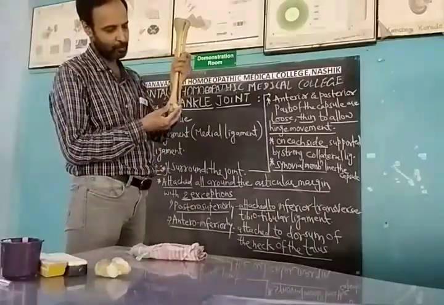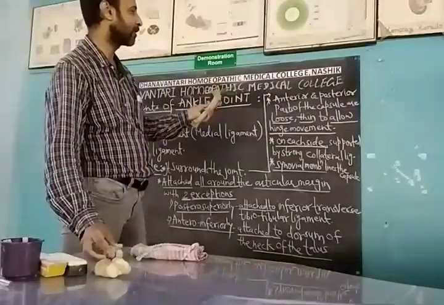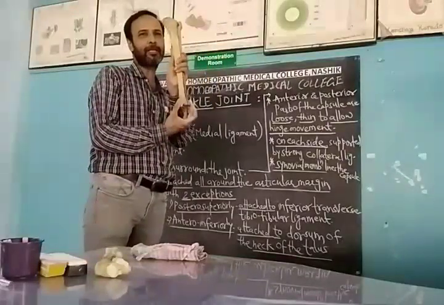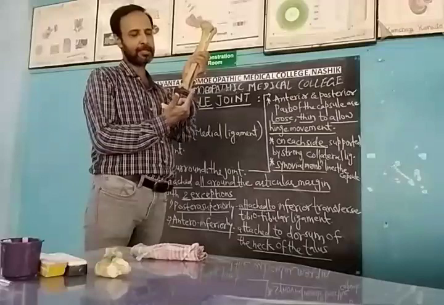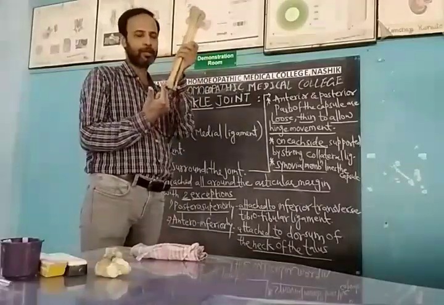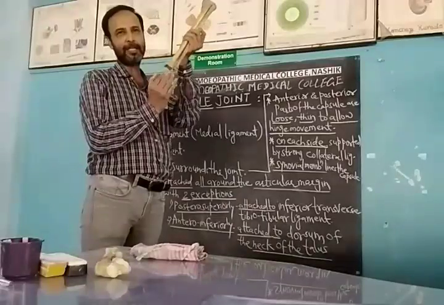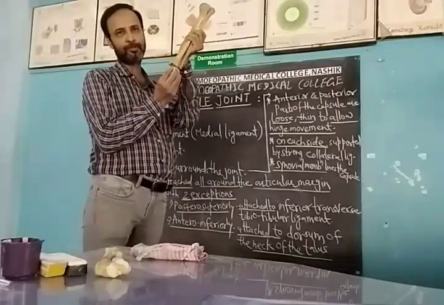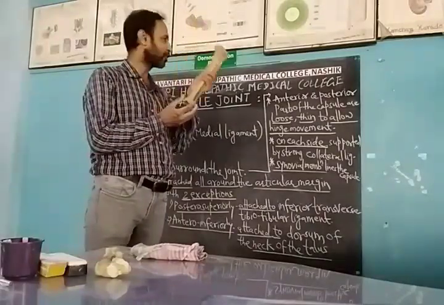Therefore anteriorly and posteriorly it is loose and thin, and on either side it is supported by the strong collateral ligaments. Then, this is a synovial joint, so the synovial membrane lines the capsule, and the cavity ascends up to the superior articular surface, filled with synovial fluid. So this is about the fibrous capsule.